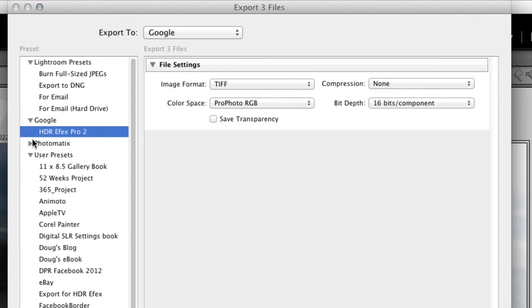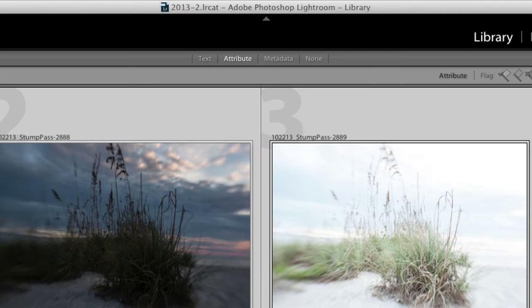And Lightroom will render the images as TIFF images with the ProPhoto RGB color space, which gives me the most color gamut at 16 bits per component. So in other words, I've got a lot of data to work with. I'm going to get hopefully some awesome results. So when I click Export,